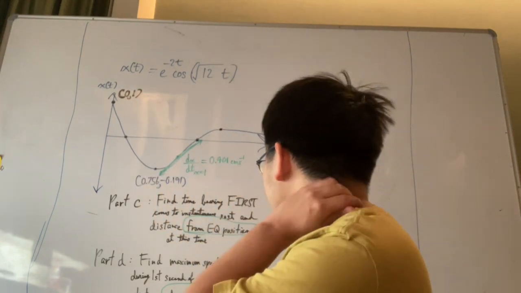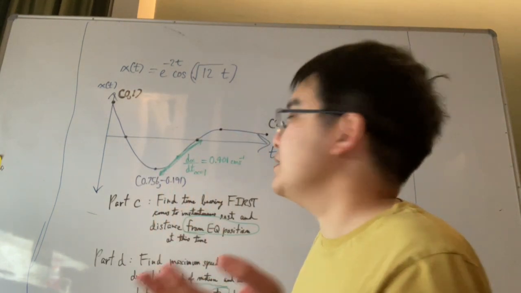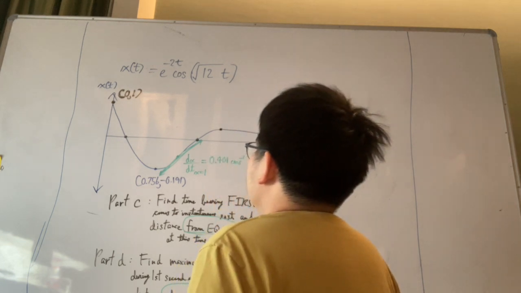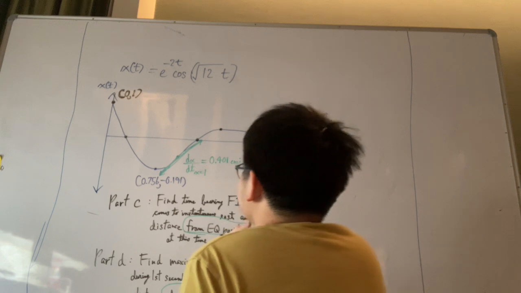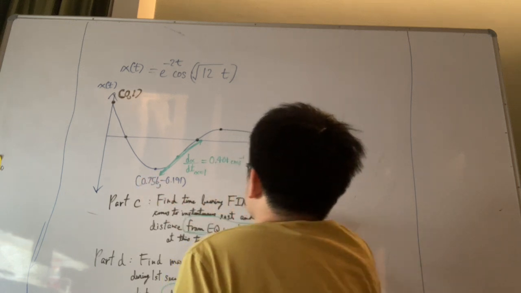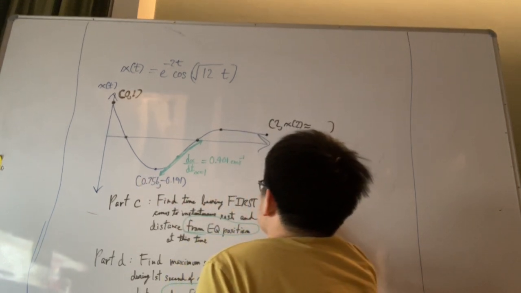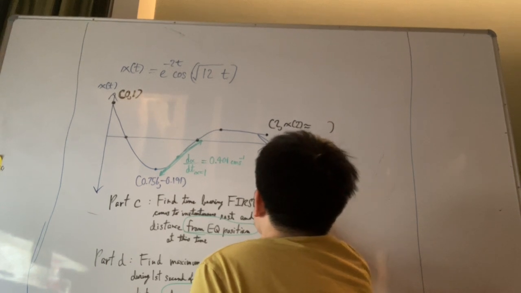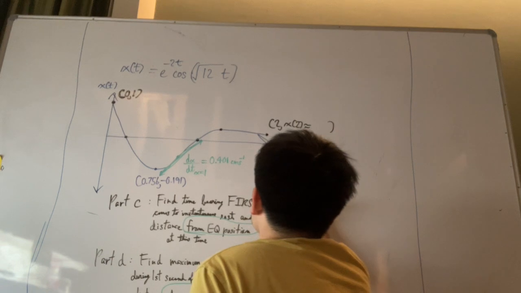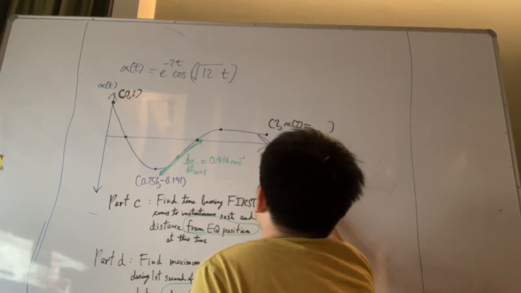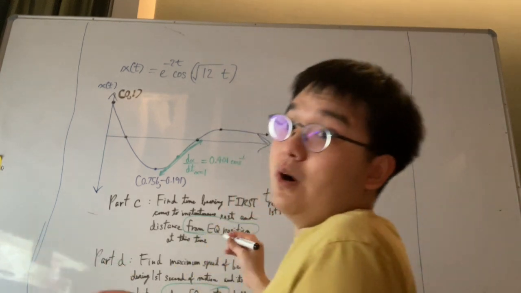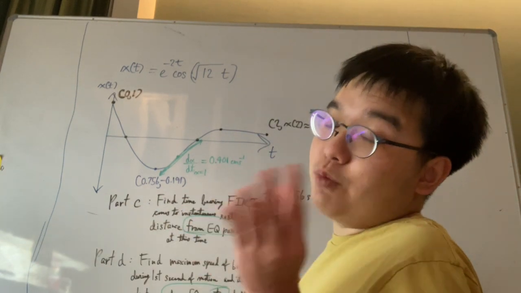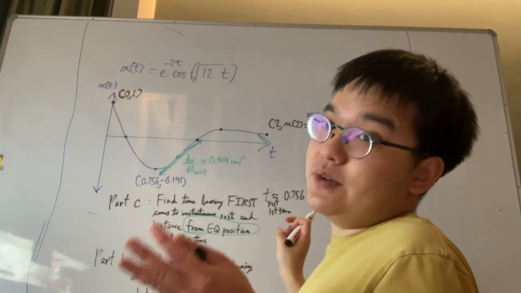So ultimately, distance is a scalar quantity, so it has to be positive. So this is a time where it comes to instantaneous rest. So t is approximately t rest, the first time, is 0.756 seconds. And if you wanted other times where it wanted to rest, then you would technically need to